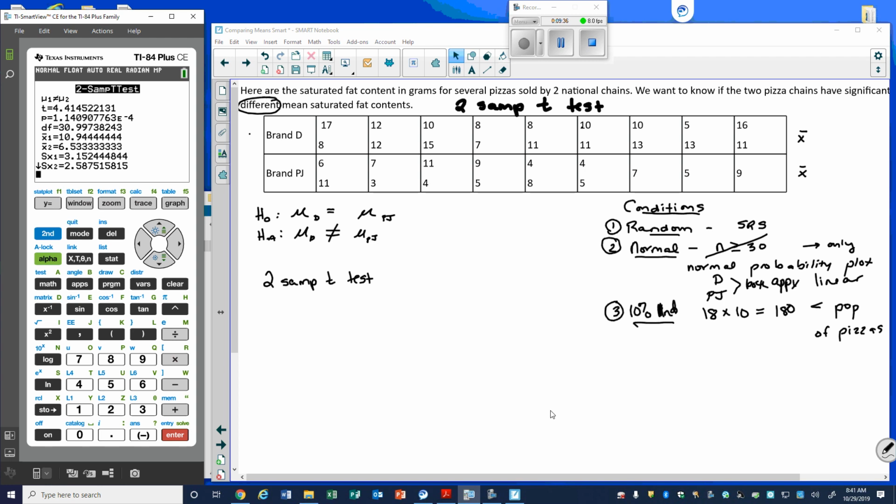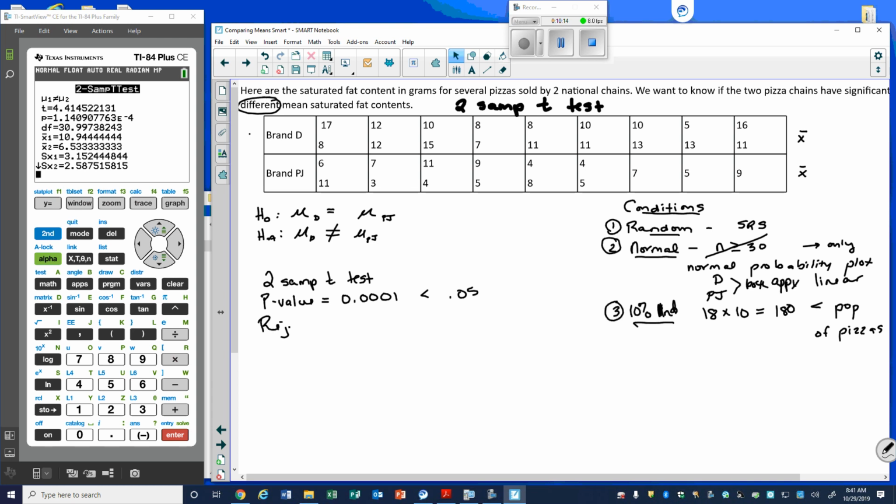And that is going to spit out a p-value for you. Now your p-value here is 1.14, but that does not make sense because this is a probability. Probability can't be more than 1. So we have this e to the -4 in the back, which means we have to move that decimal 4 places to the left. That is scientific notation. So that's truly a p-value of 0.0001. And because that p-value is less than a 0.05 alpha level that we typically test,